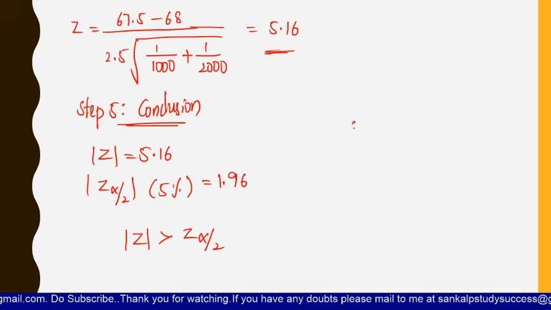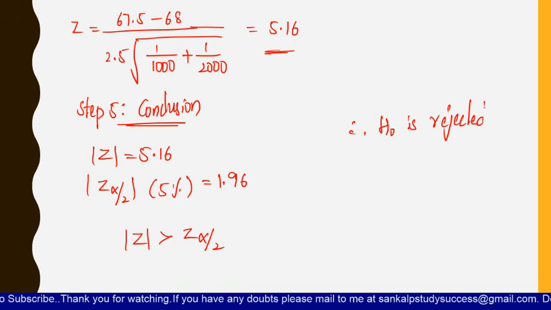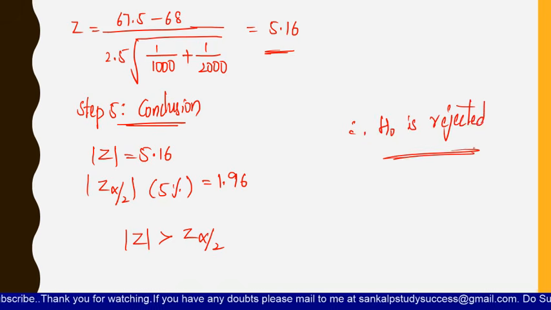So you can say that therefore H0 is rejected, that is, the null hypothesis is rejected. In this way we specify whether the null hypothesis is rejected or accepted. So these are the problems related to type 2. You will have the same problems just with different